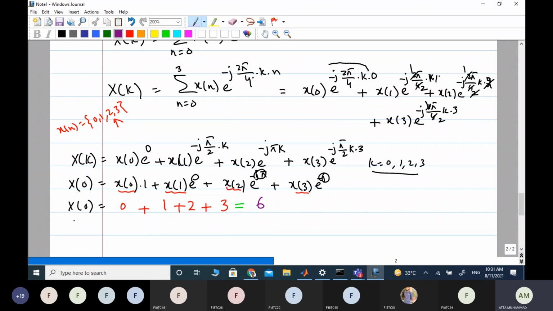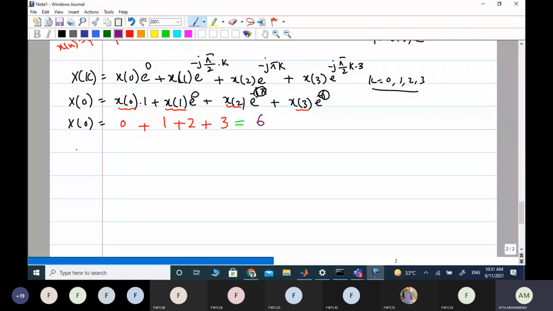Now you can see this is not computationally efficient. There is another algorithm that is used to compute the same DFT but with fewer steps. We will see it as we progress with the course. But till now we also need to know how to compute DFT using the normal definition method.